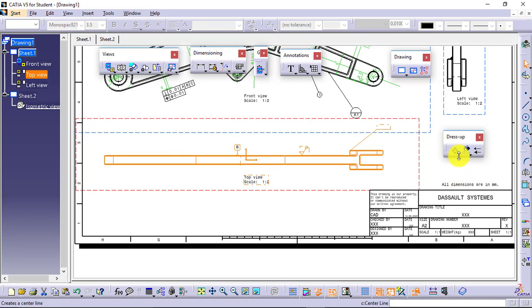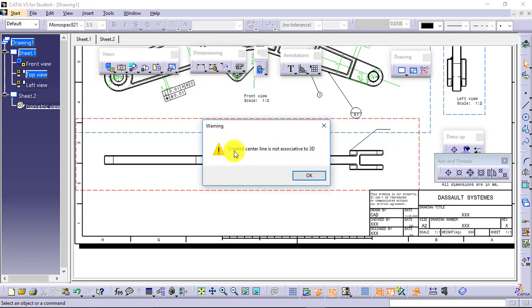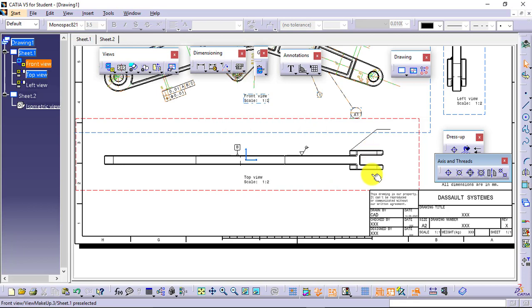How? Check the options. Say at some particular point you don't have the center line or axis available, and you want it to be generated. Select it, select the particular face or view. Now the created center line is not associative to 3D, so over here it cannot apply, but at this particular location, if it was not available, then I would have got it. Similarly, if you want the threads to be shown, you can select the circle and the threads will be shown; you can see the symbol has changed.